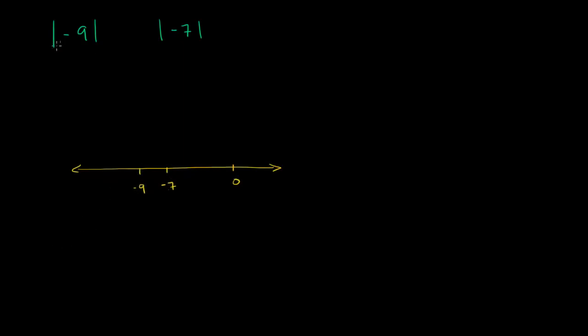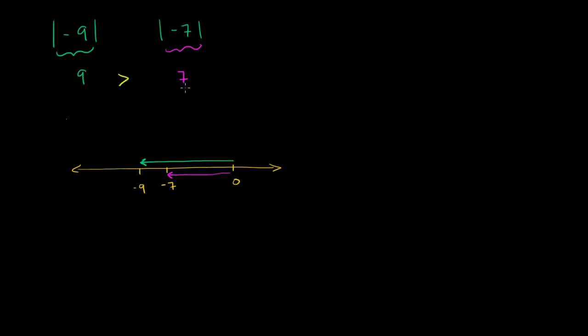Now, when you take the absolute value of a number, you're really saying how far is that number from 0, whether it's to the left or to the right of 0. So for example, negative 9 is 9 to the left of 0. So the absolute value of negative 9 is exactly 9. Negative 7 is exactly 7 to the left of 0. So the absolute value of negative 7 is positive 7. And so if you were to compare 9 and 7, this is a little bit more straightforward. 9 is clearly